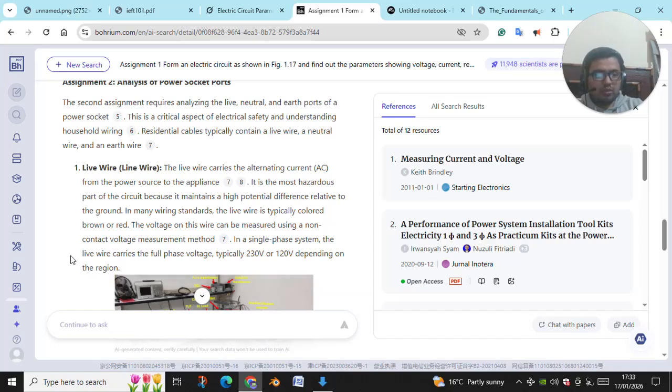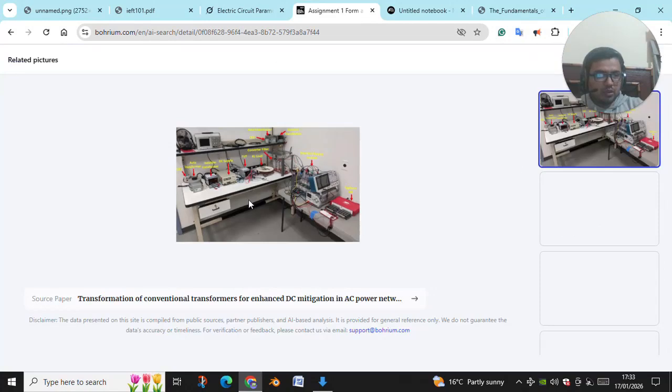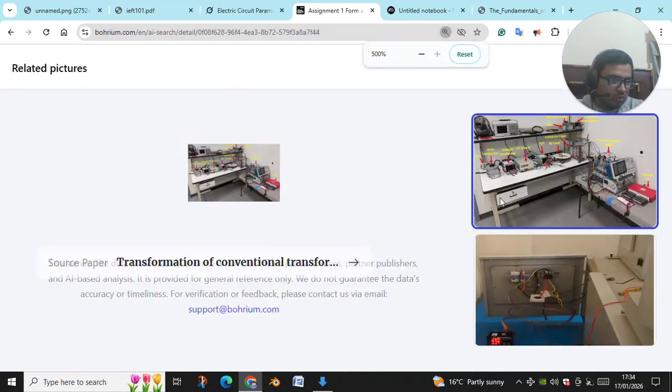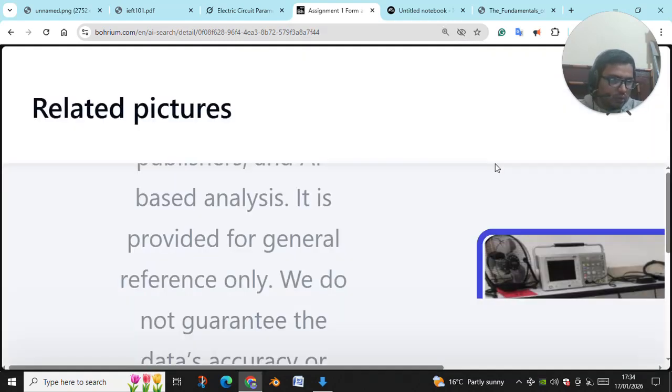The voltage on these wires can be measured using a non-contact voltage measurement method. In a single phase system, the live wire carries a full phase voltage, typically 230 volts or 120 volts depending on the region. So this is the, we have a picture of appliances that are used in